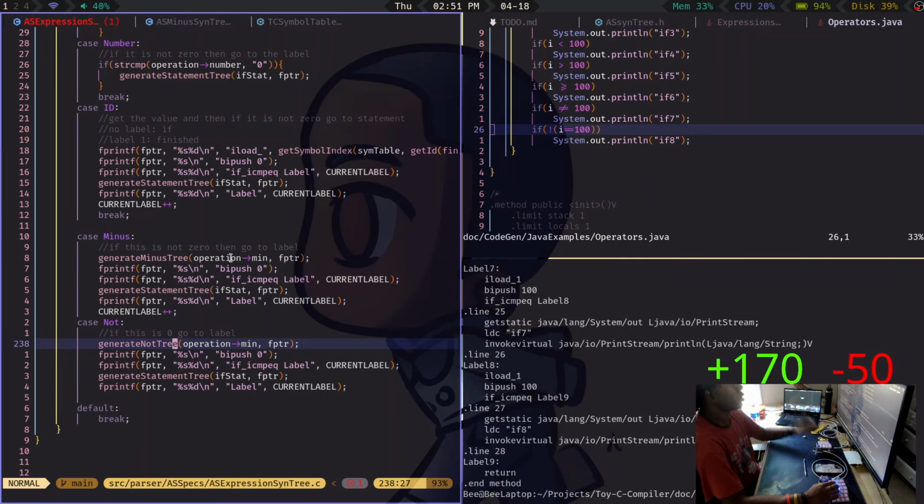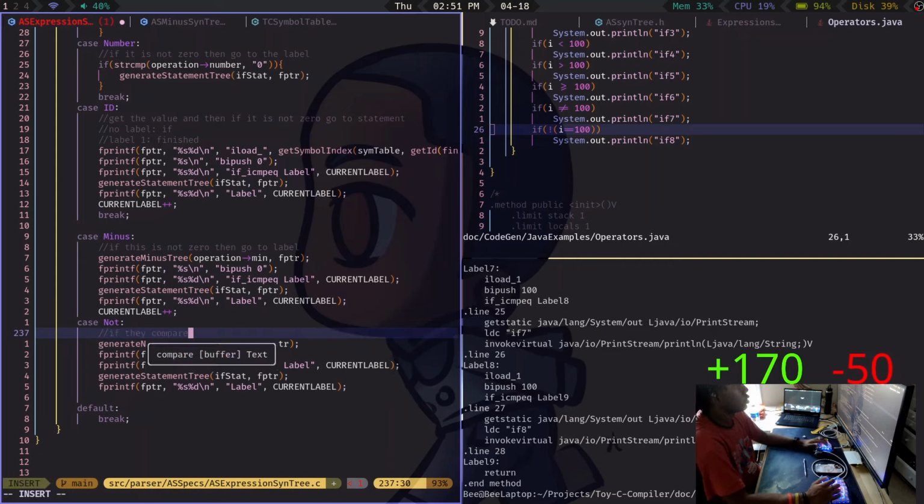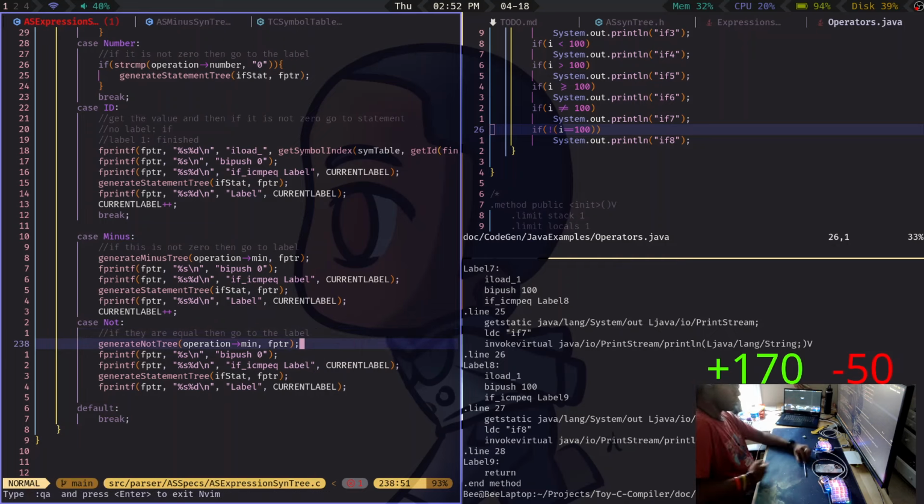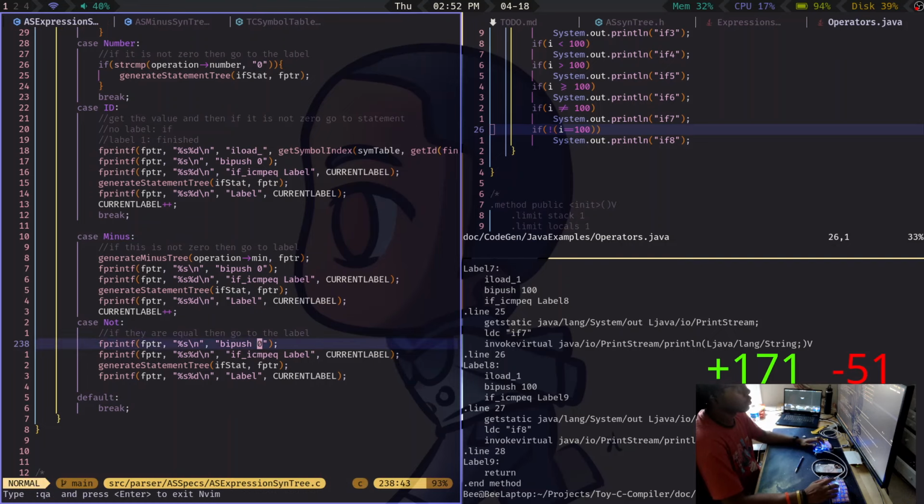Yeah, so this is just, you don't have to check for 0 if they are equal and go to level. I feel like it's not the best way to do this right now, but we'll see.